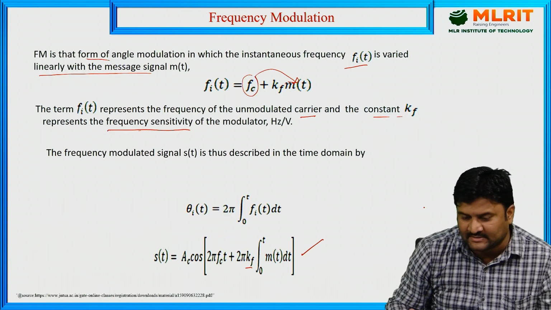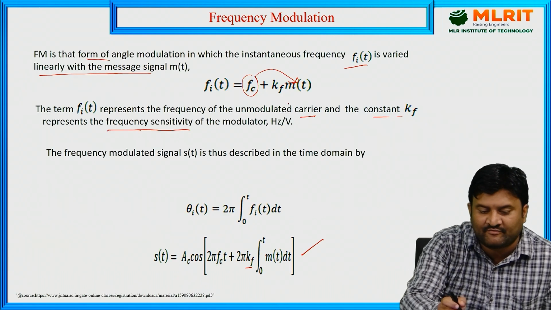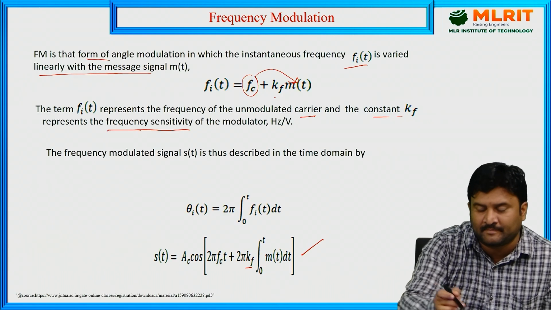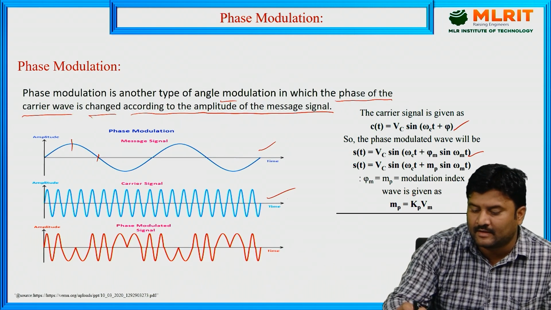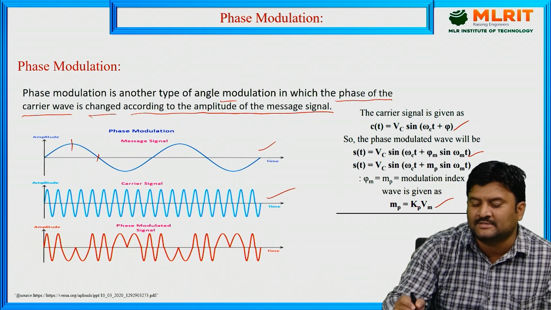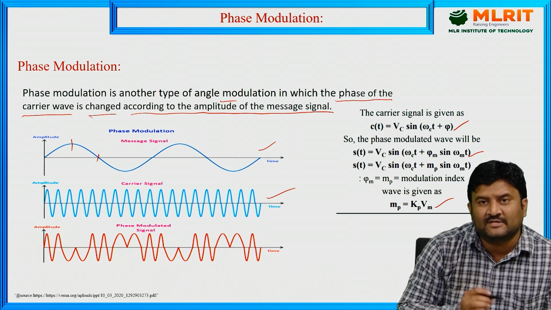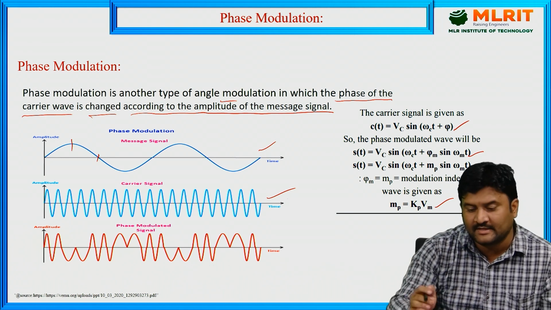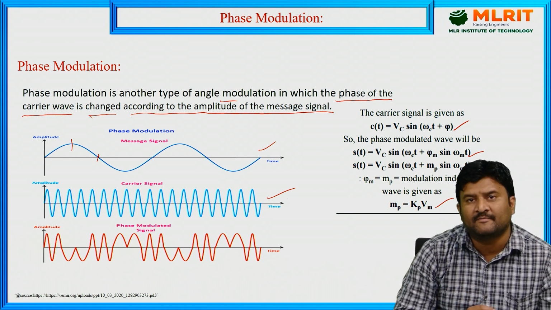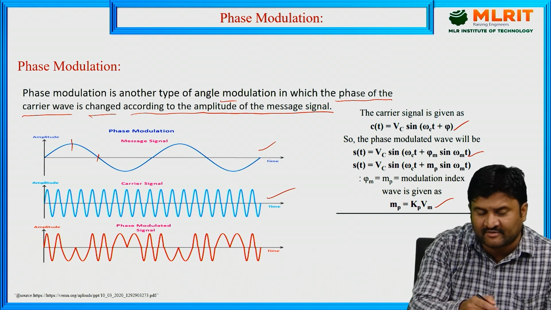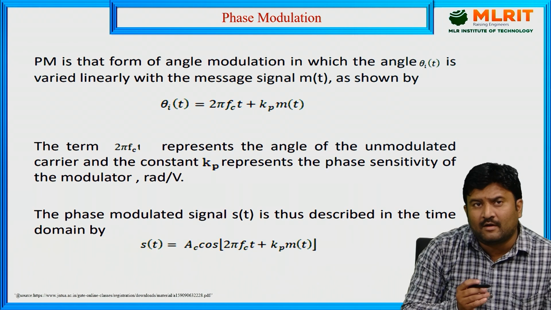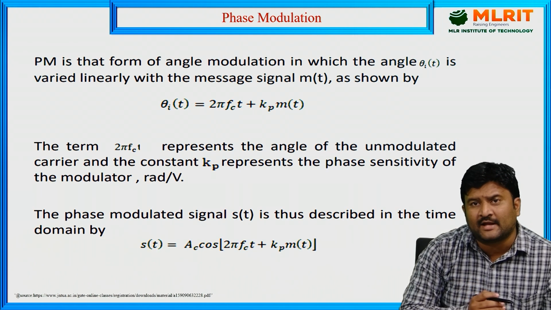Same as previously, we observe kf into m of t, or kp into m of t, where kp is nothing but phase sensitivity and kf is frequency sensitivity. This is the mathematical representation of the phase modulation, and the representation of the wave should be like this. Therefore, mathematically, how the phase angle theta i of t should be varying with respect